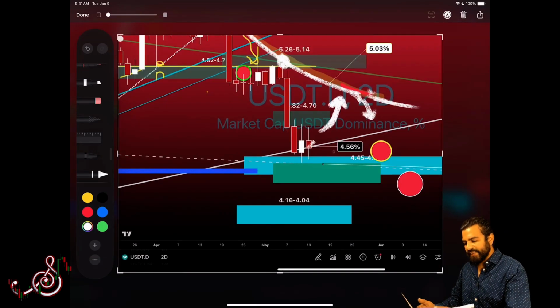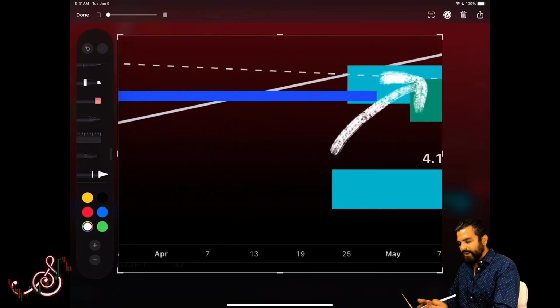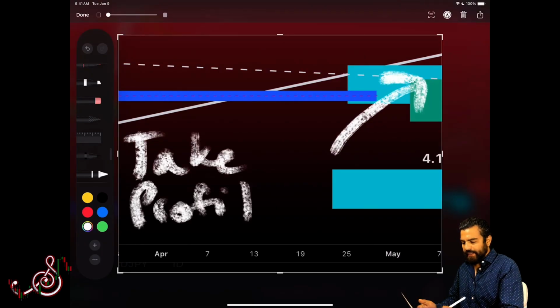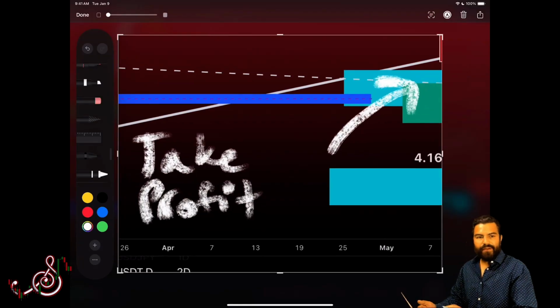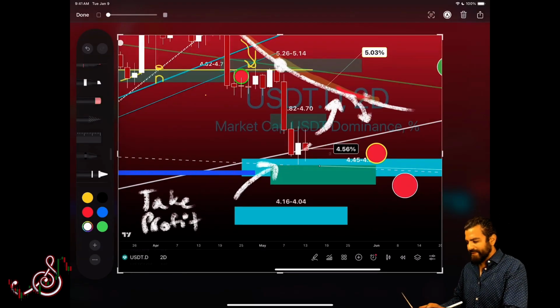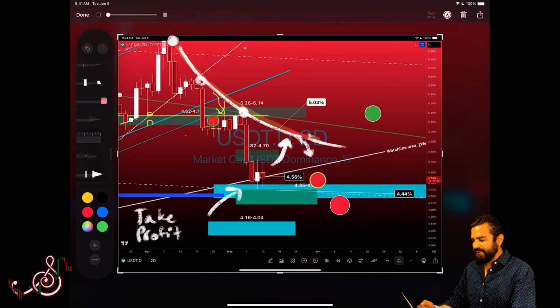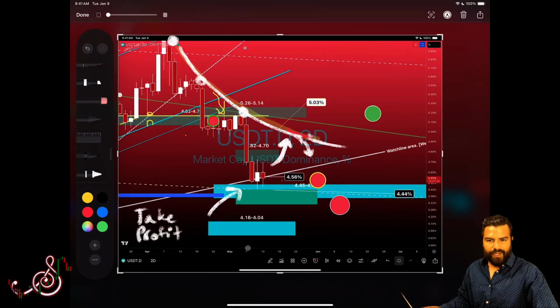That's going to mean we're going to see some profit taking, okay? Okay, so this is going to be something that I'm looking for. This is not financial investment or trading advice, but this is where I'm going to be probably looking to take